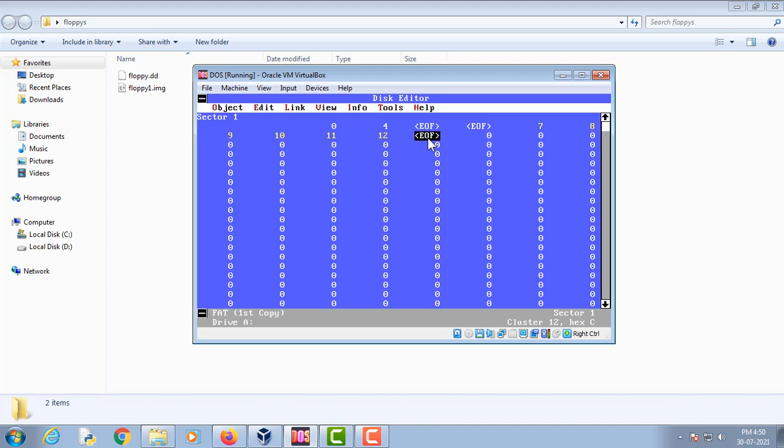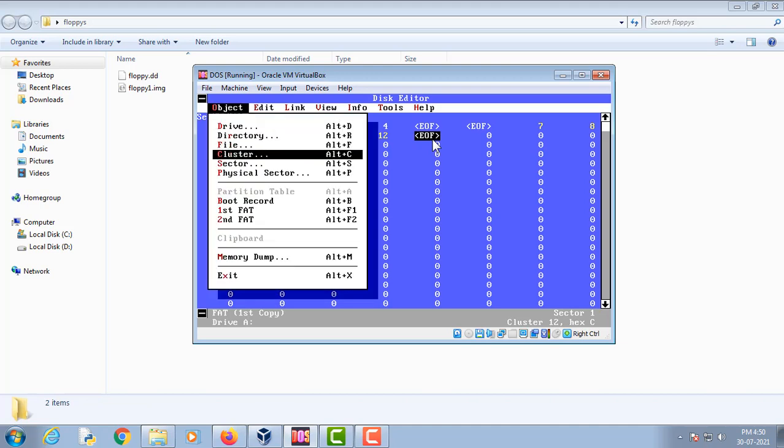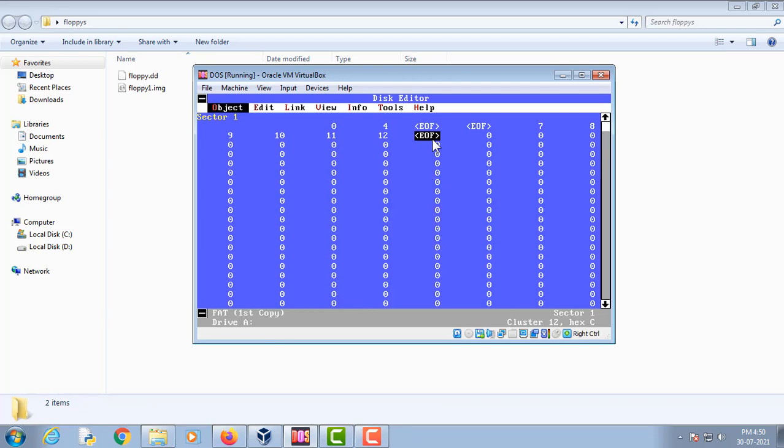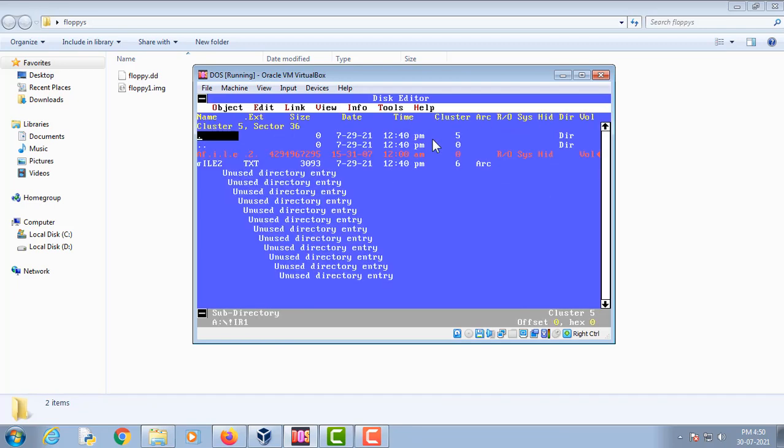So we will save these changes. Let me again calculate: 1 2 3 4 5 6 7. Okay, now we will go to the subdirectory, write these changes, rescan, and go to the subdirectory. Now we have to replace this sigma character with some other character.